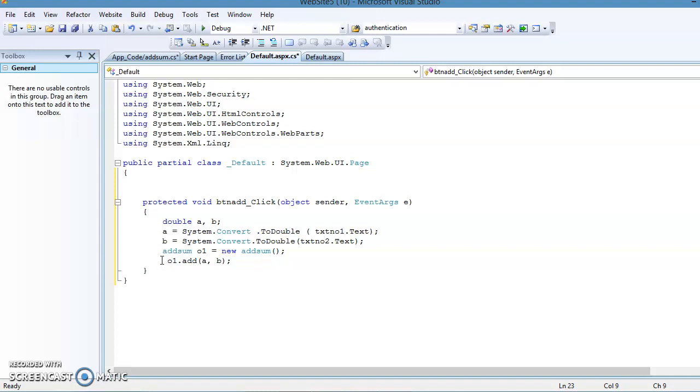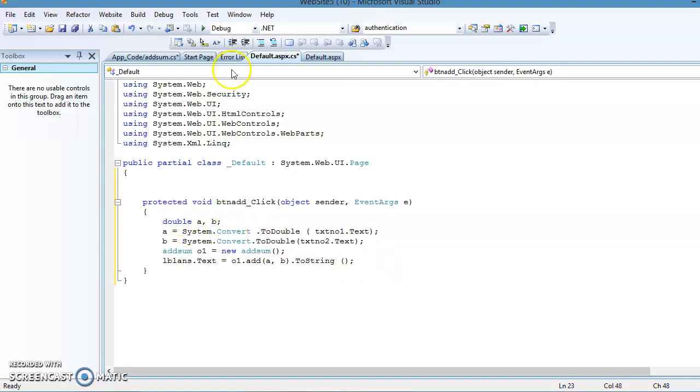We also know that this method returns the value of a plus b as double. So we can display that answer as an addition of a and b directly to the label. Let us say lblAnswer.Text is equal to this. But again, the type of answer is double and the type of text of the label is string. It cannot convert one data type to another automatically, so we need to convert it into string. The ToString method is used to convert any kind of data into string type.